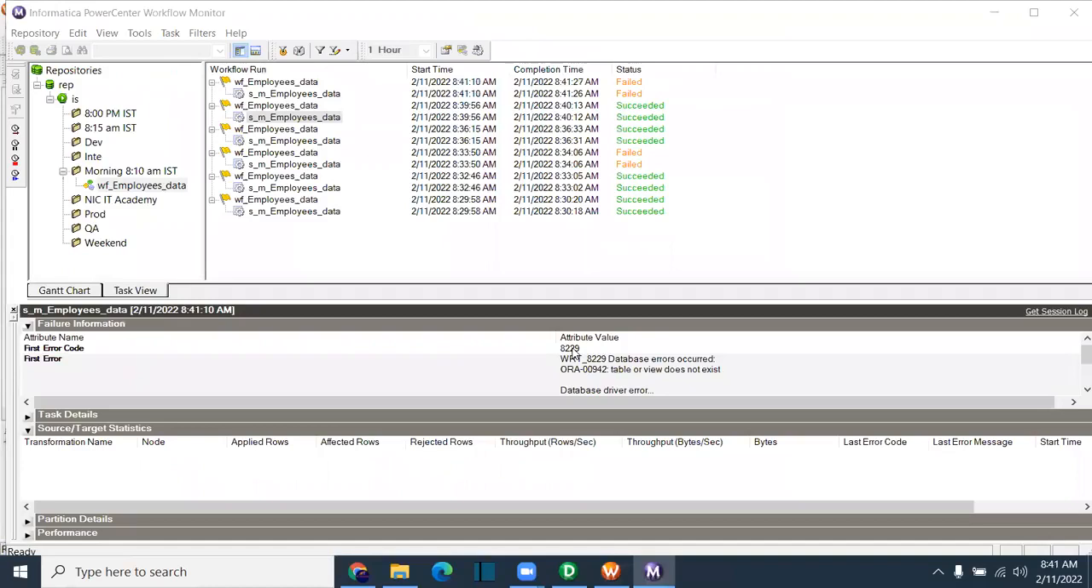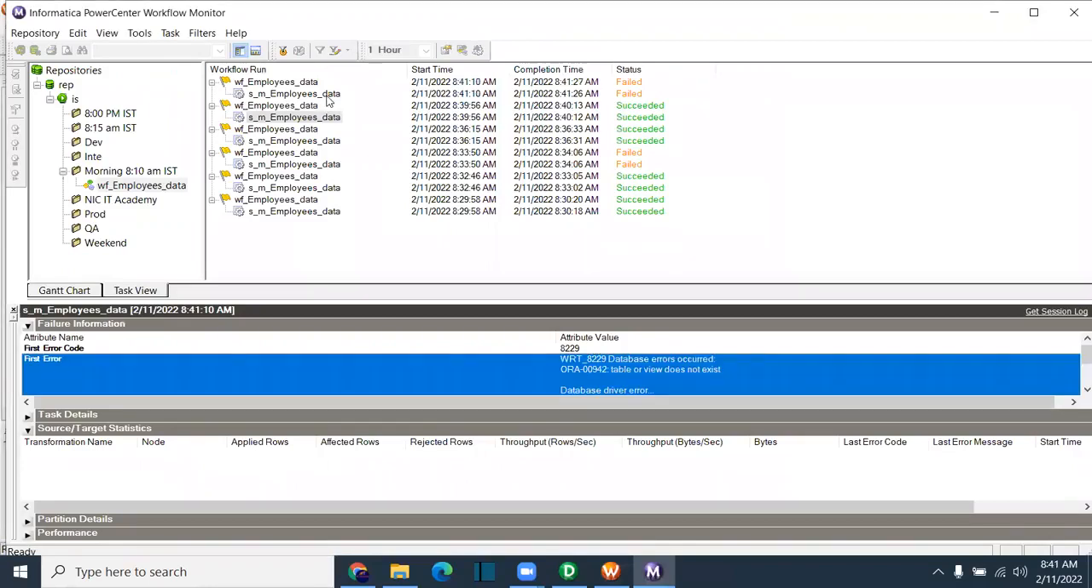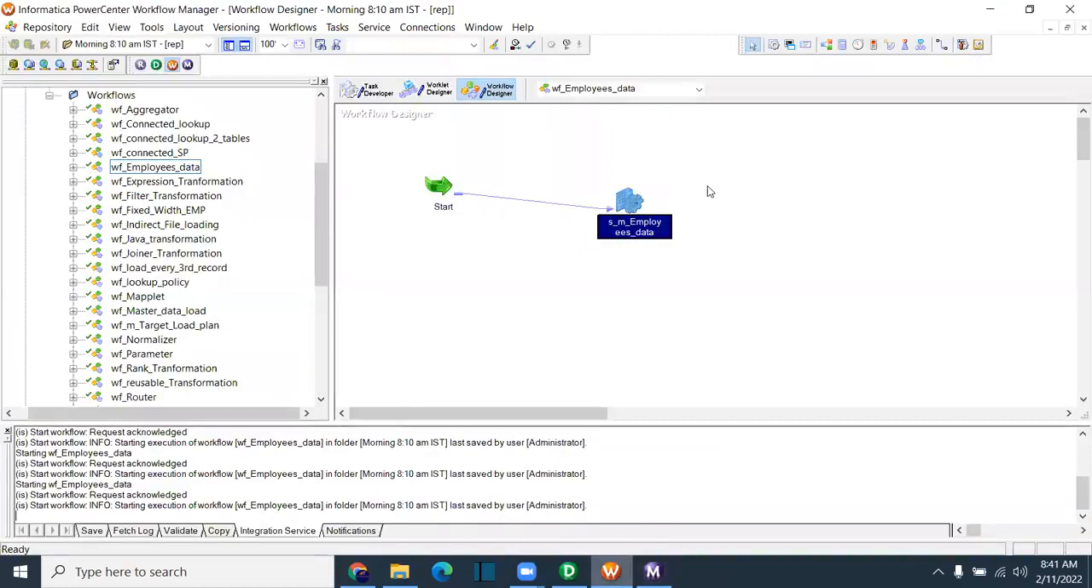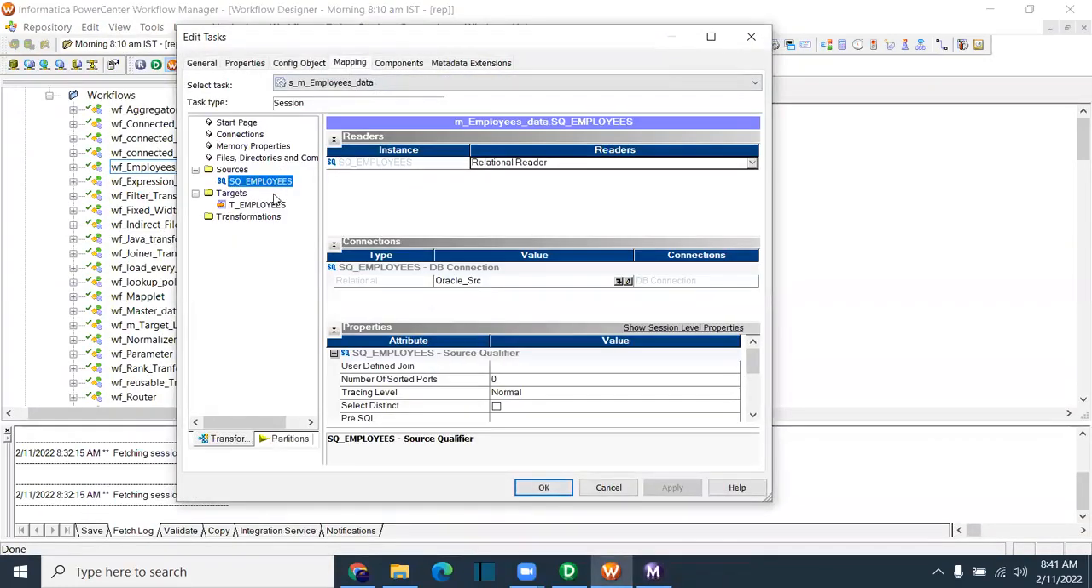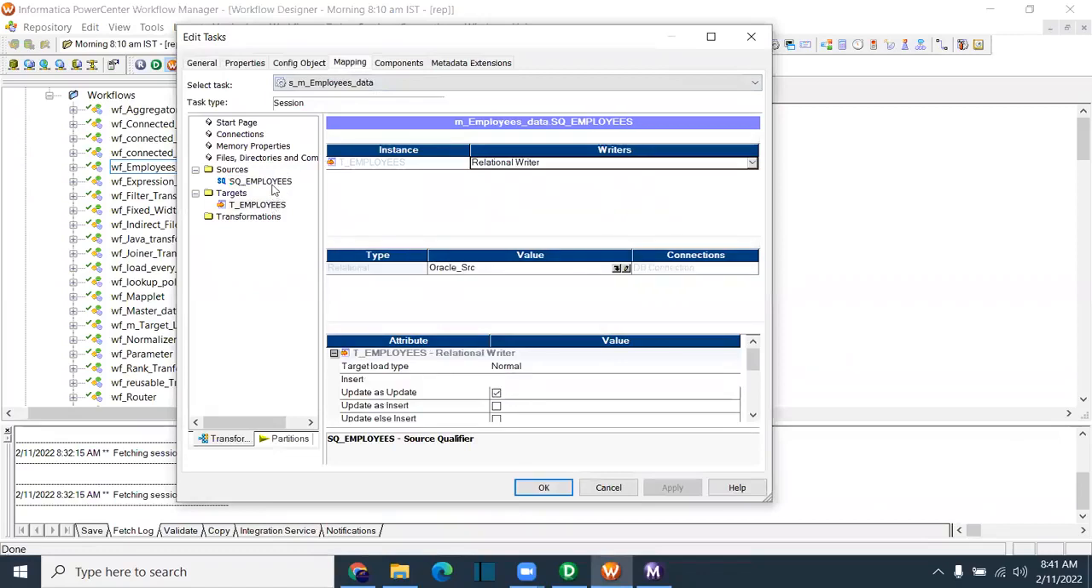So it is failing now, right? If the connection is wrong, it will fail. If the connection is successful, it will not load any data into the target. So this is what you are seeing, the options. Clear? Okay, this is called enable test load. If enable test load is available, then you cannot see